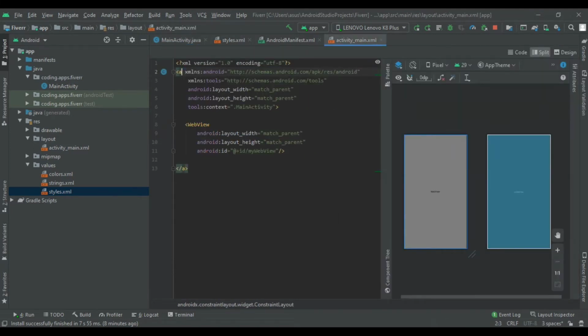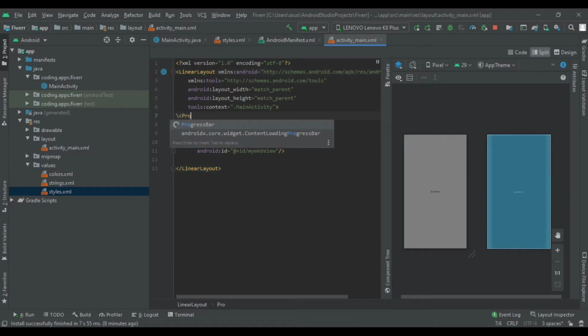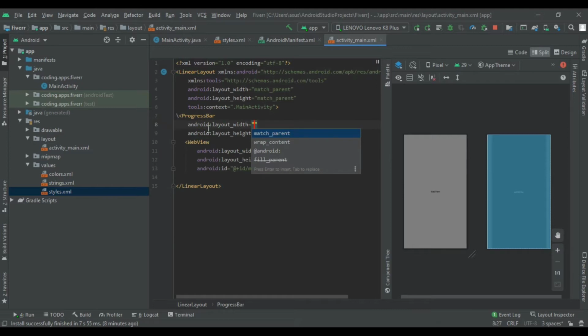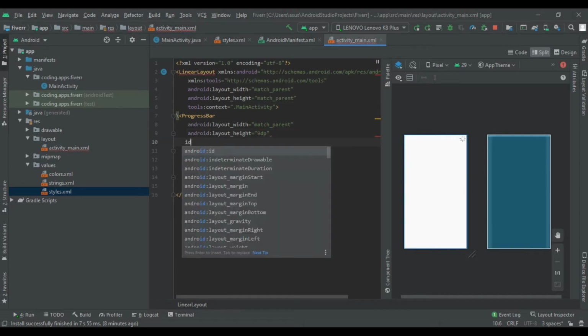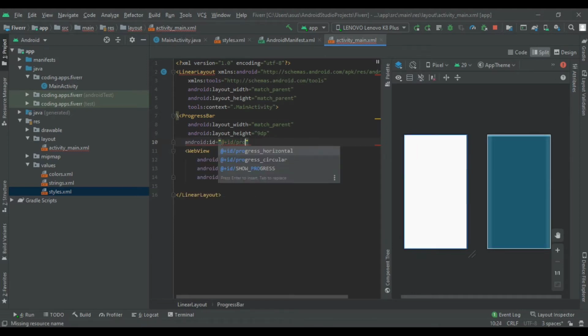After that we are going to write our progress bar here. Its width will be match parent and height will be 9 dp. After that we assign its id, and its id will be progress bar.